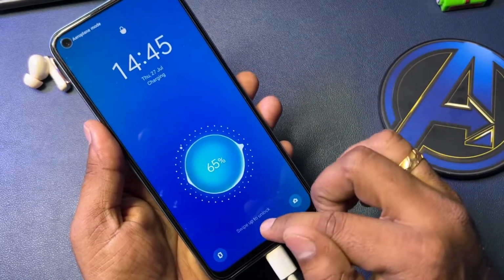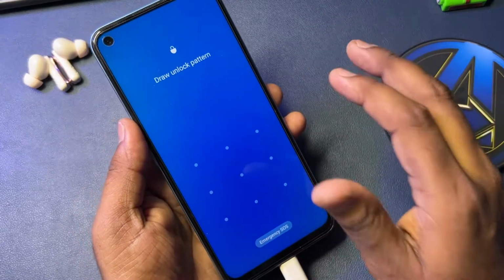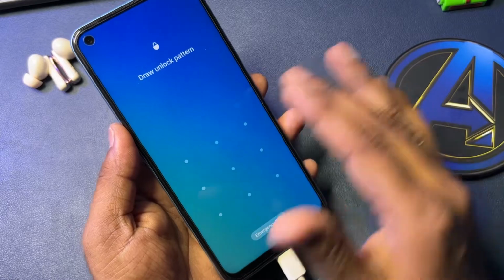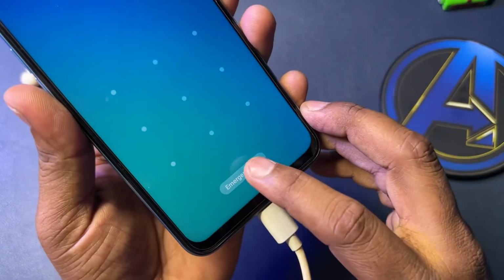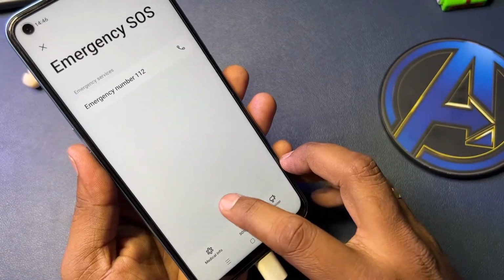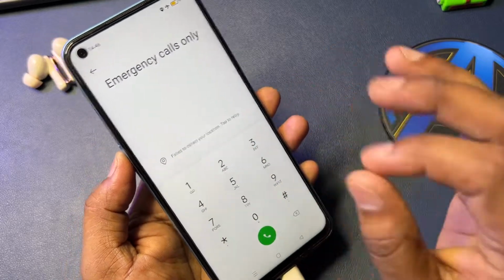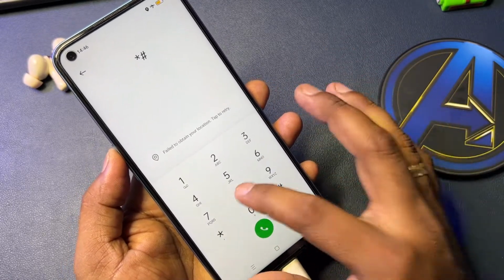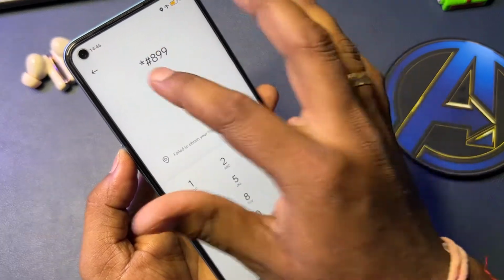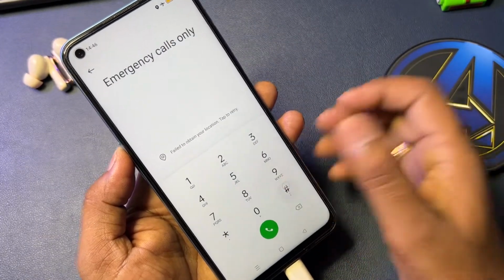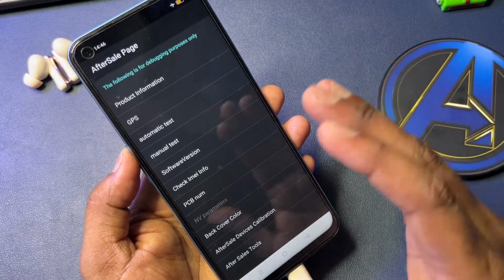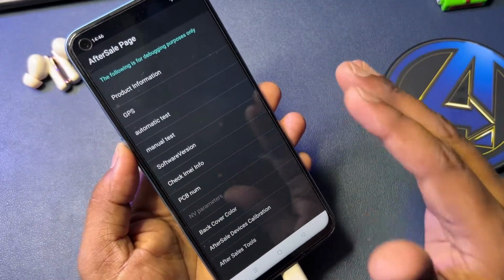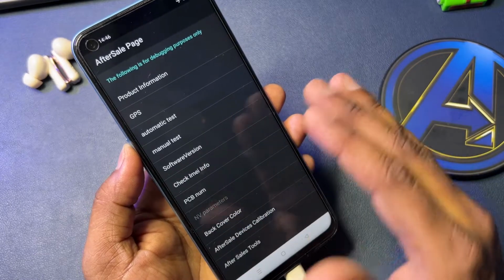After that, you have to swipe up on the smartphone to unlock it, but you don't have the correct password, so you have to click on the emergency call option here and click the dialer pad also, and here you have to enter a code to open the engineer mode page, and this code is *#899#. After clicking on the last # button here, you can see that your smartphone has gone to the engineer mode